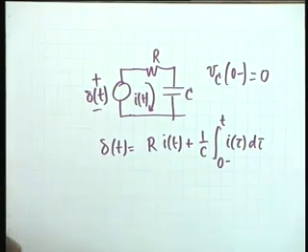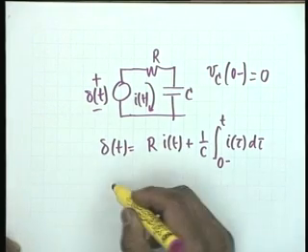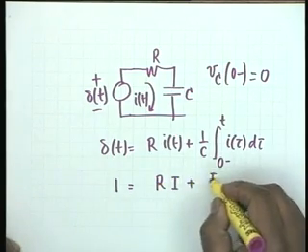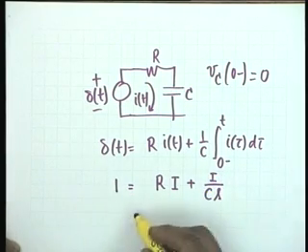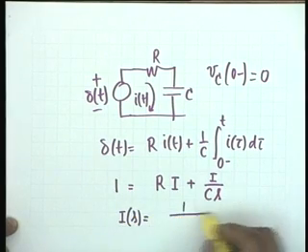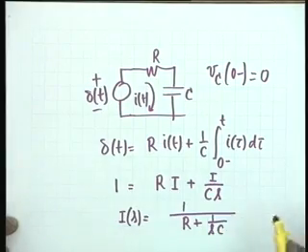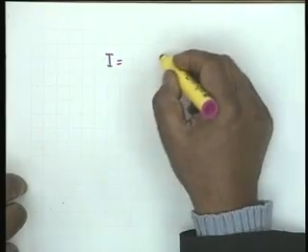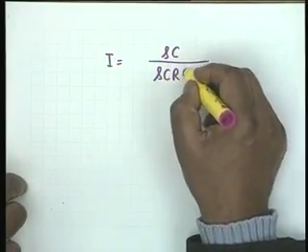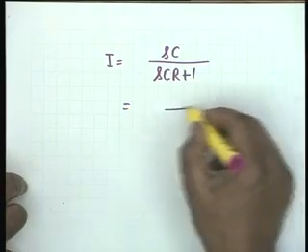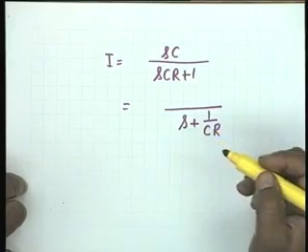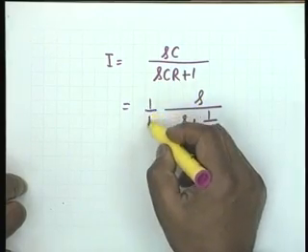And the simplest way of doing this is to take the Laplace transform of both sides, and you get 1 equal to R capital I, the Laplace of small i, plus I by C s, and therefore capital I of s is equal to 1 divided by R plus 1 over S C. Or capital I is equal to S C divided by S C R plus 1, which I can write as, I always write the denominator as S plus something, coefficient of S made unity, so we write S plus 1 over C R, and then we shall have S, and here we shall have 1 by R.